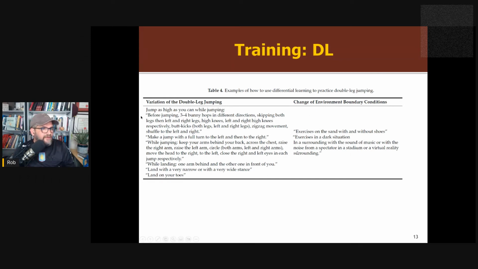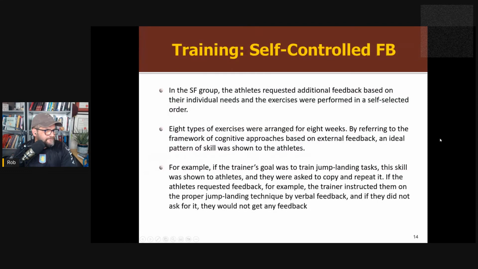Obviously, as I pointed out, this has some external and internal instructions within it, right? So again, it's not teasing apart these things. So this is the basic idea. The first 2 are learning to do squats in some kind of prescriptive way, in different ways, while the differential learning group are doing a squat type movement under a lot of different variants, not aiming towards a particular form. Okay, so that's what's going on here.